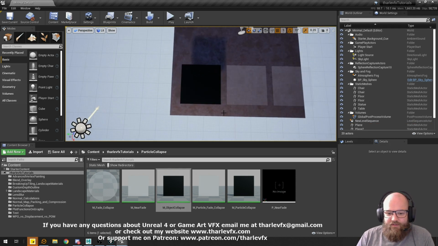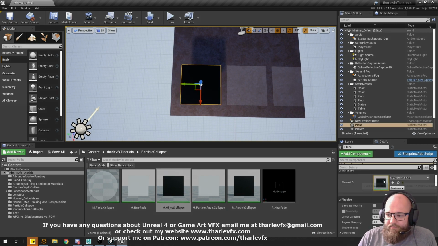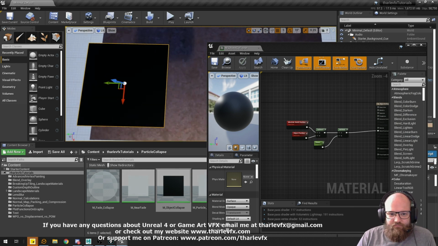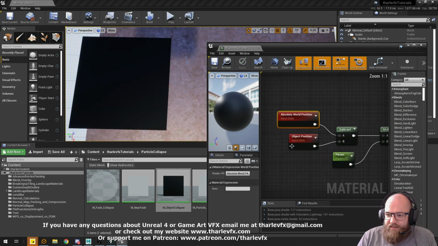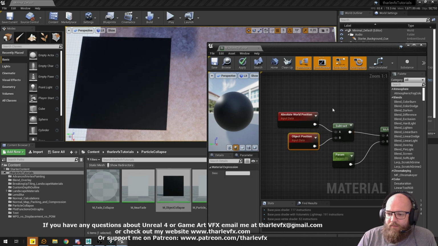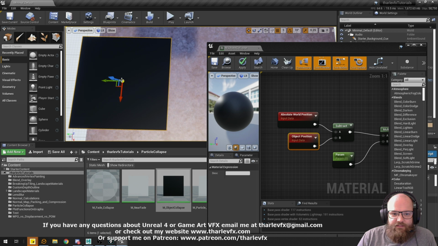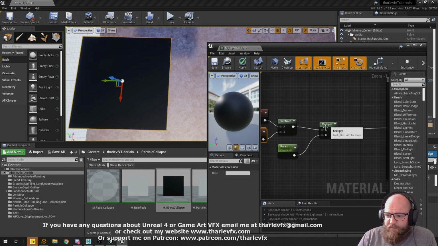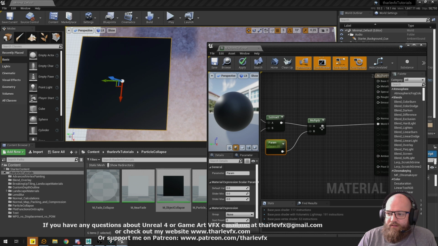So to start with, we have here just a very basic plane, and I've got this material on it called object collapse, so let's have a look at what that's doing. So we're taking the world position and we're subtracting the object position. The object position is here, that's the center of the object, and world position is going to be calculated for every pixel in our object, and we're just subtracting one from the other. So what we're doing is we're getting a direction vector that's from the exterior point to the center, and that's everywhere on our mesh, and we're multiplying that by a value currently set to 0